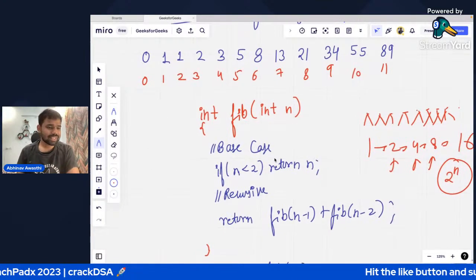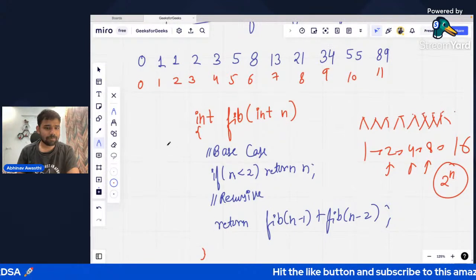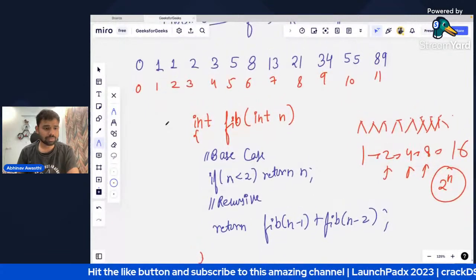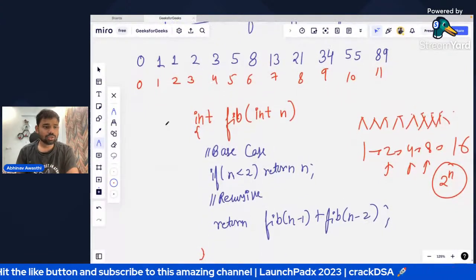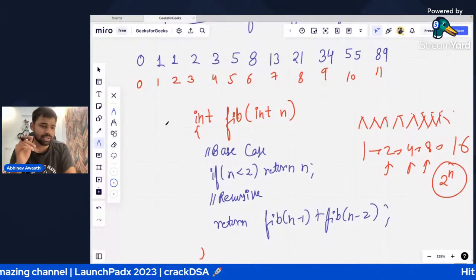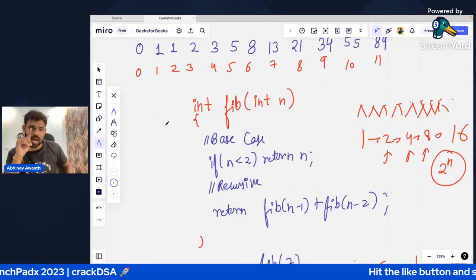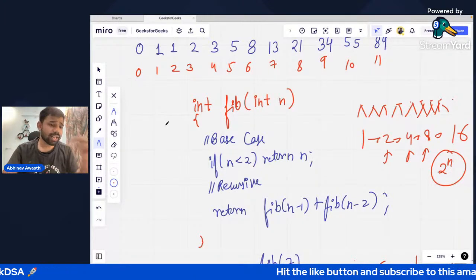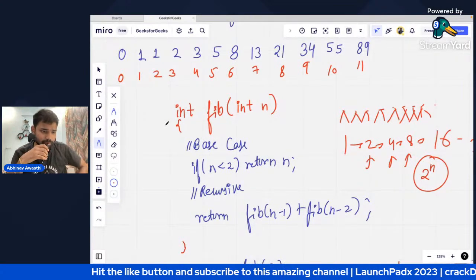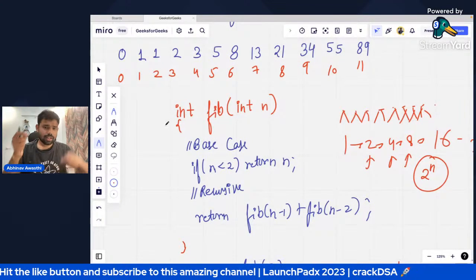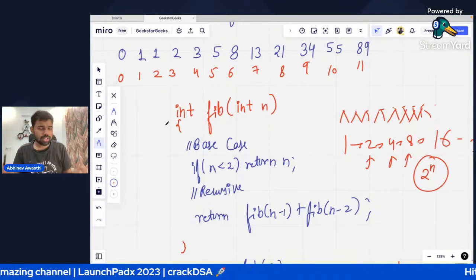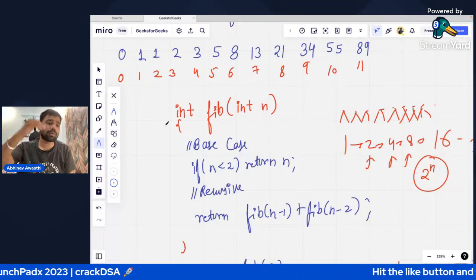So let's see. Sir, how does log of n time complexity come? Okay. So see, log of n is mostly, देखो आप एक चीज देखो, see one thing, आप यहां पे देखो, in every recursion call एक का दो हो रहा है ना. In every recursion call, each recursion call is making two recursions, a tree-like structure. जहां भी ऐसा होगा, it will be 2 to the power n.